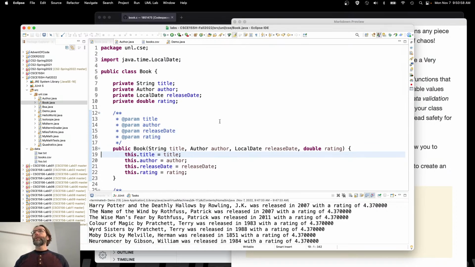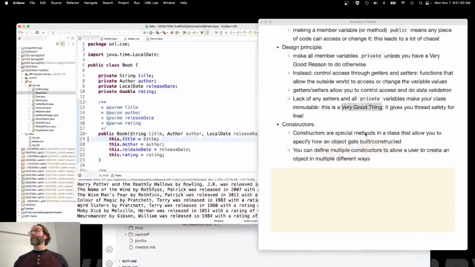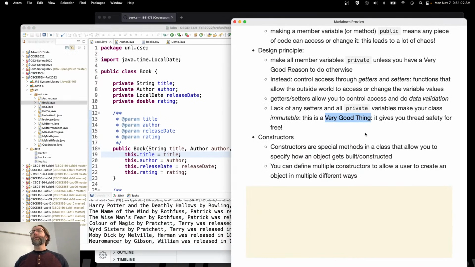Questions so far on Java classes? For those that have had Java before, have you been through all this? Yeah? Okay. All right. That's as far as we're going to go in object-oriented programming, as far as Java is concerned. We've only looked at